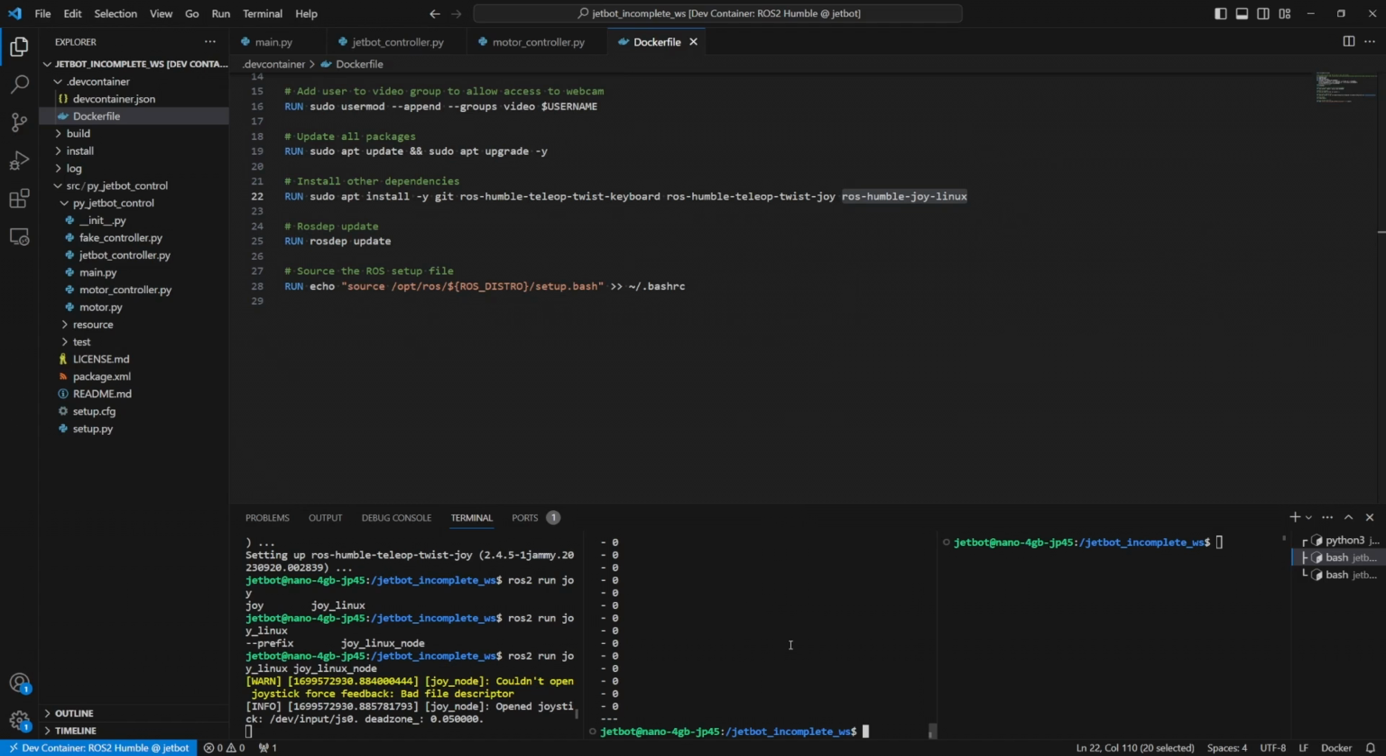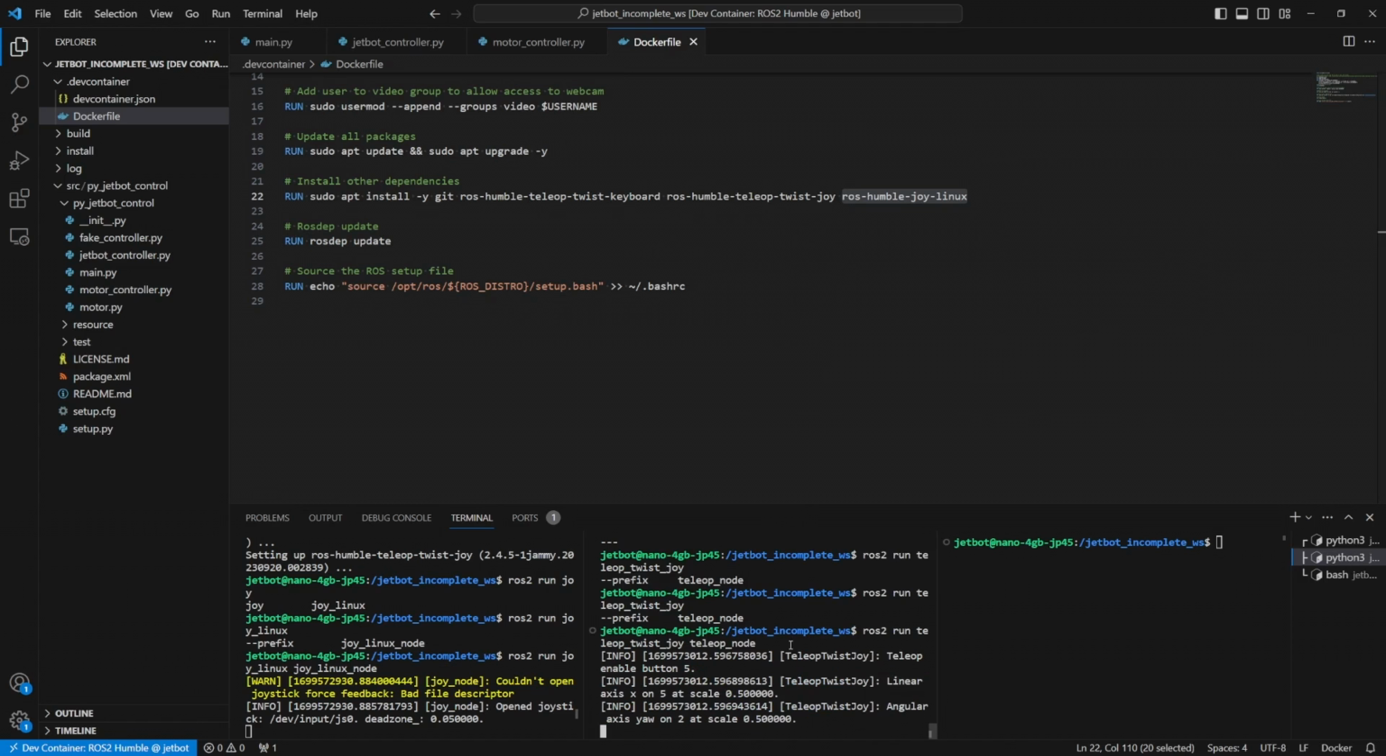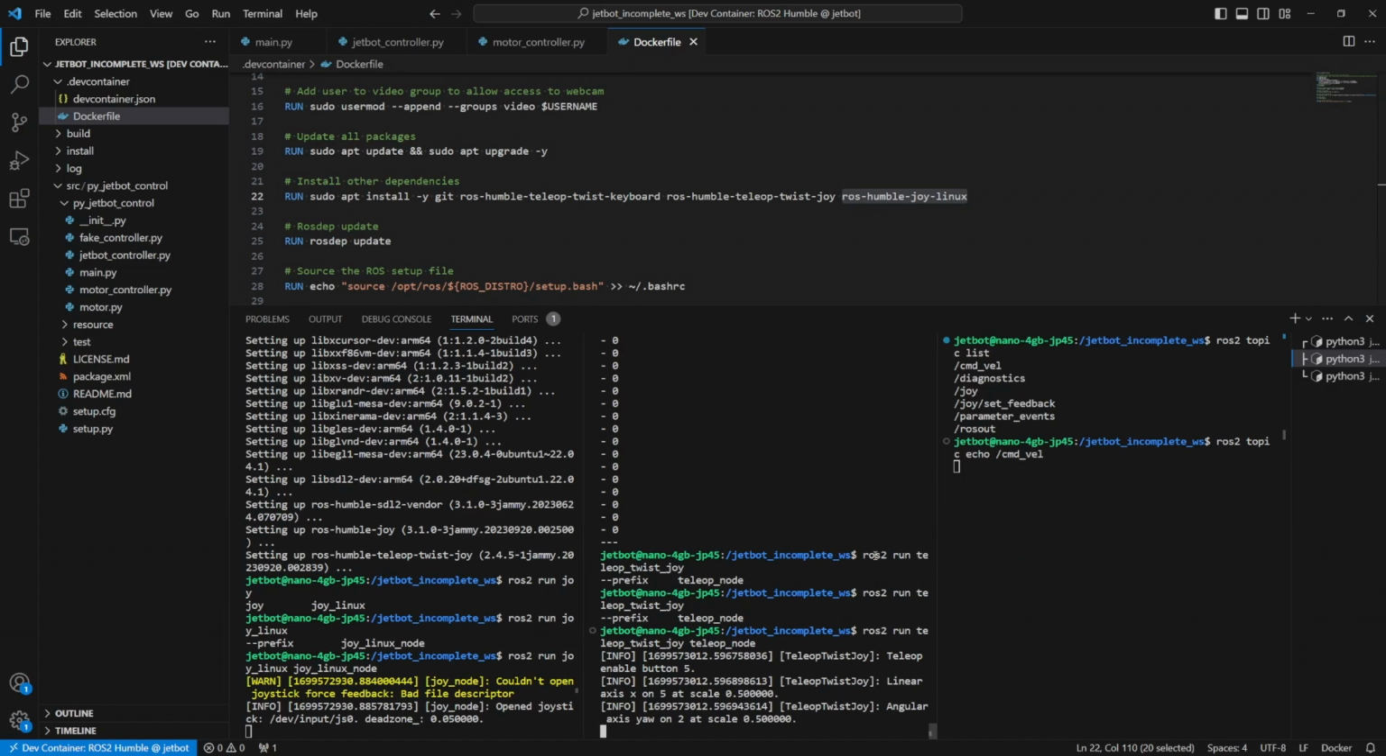So we can do a ROS2 run. And then when we run this teleop node, we can again do ROS2 topic list. We can see our cmd_vel topic. And when we echo that, we can see nothing coming through. And that's because